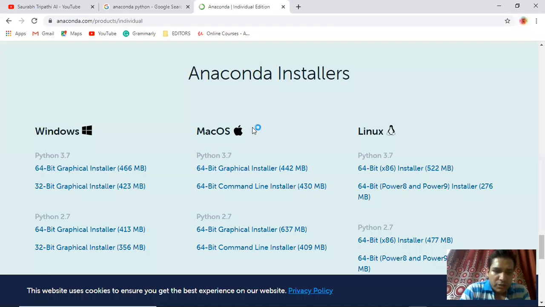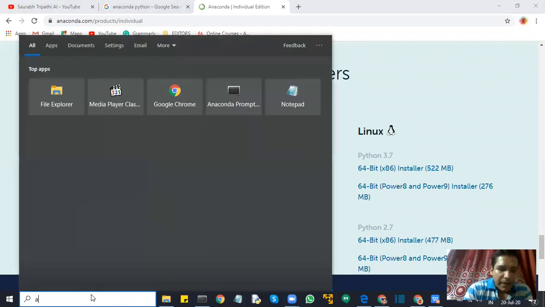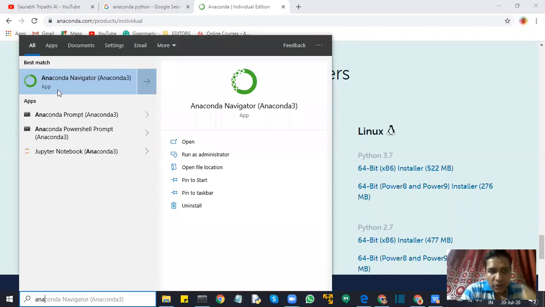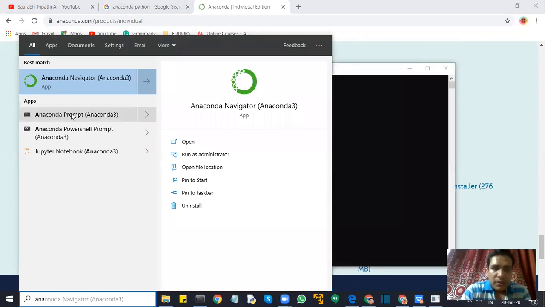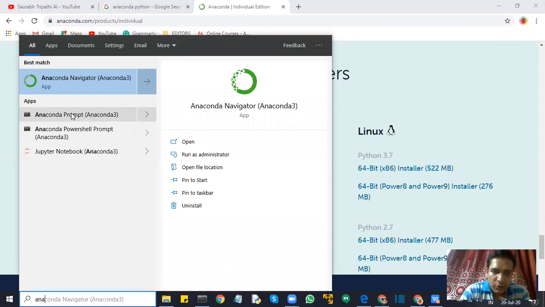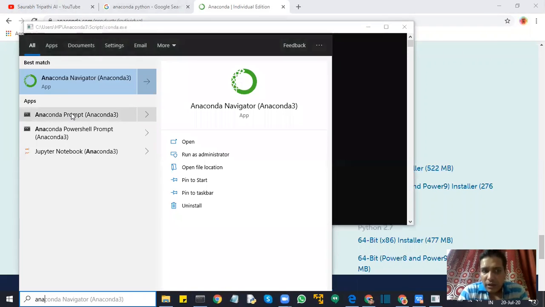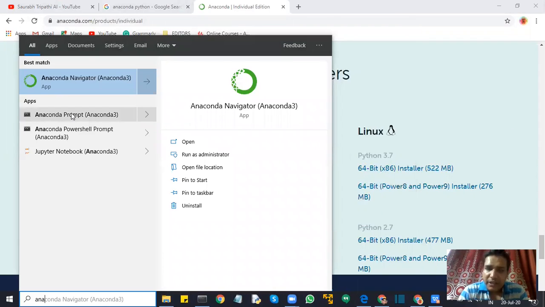Once you're done with the installation, simply go and search, type Anaconda. Once you type Anaconda, you will see two options: Anaconda Prompt and Anaconda Navigator. The Navigator is basically the GUI-based platform, and the Prompt is basically the CMD kind of window. Initially, I encourage you to just go for the GUI application, but later we will start using the prompt, and I will tell you how to launch Jupyter Notebook from a particular folder, which is a very important step. If you are working on a project, you need to know how to install and run a particular project from a particular folder. So let's go to the Navigator first.